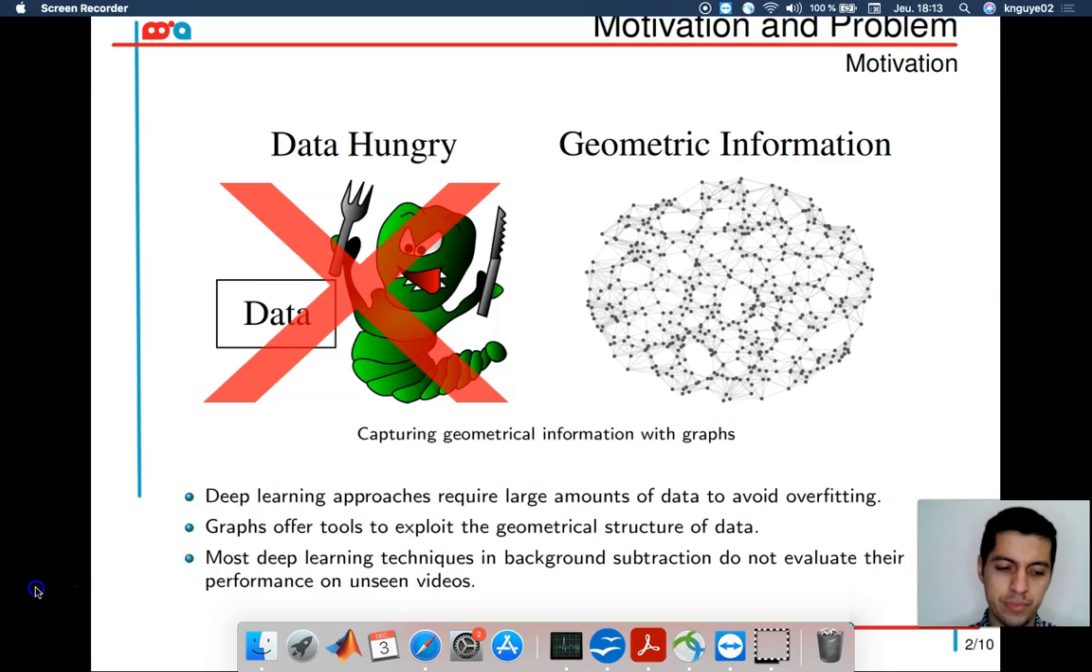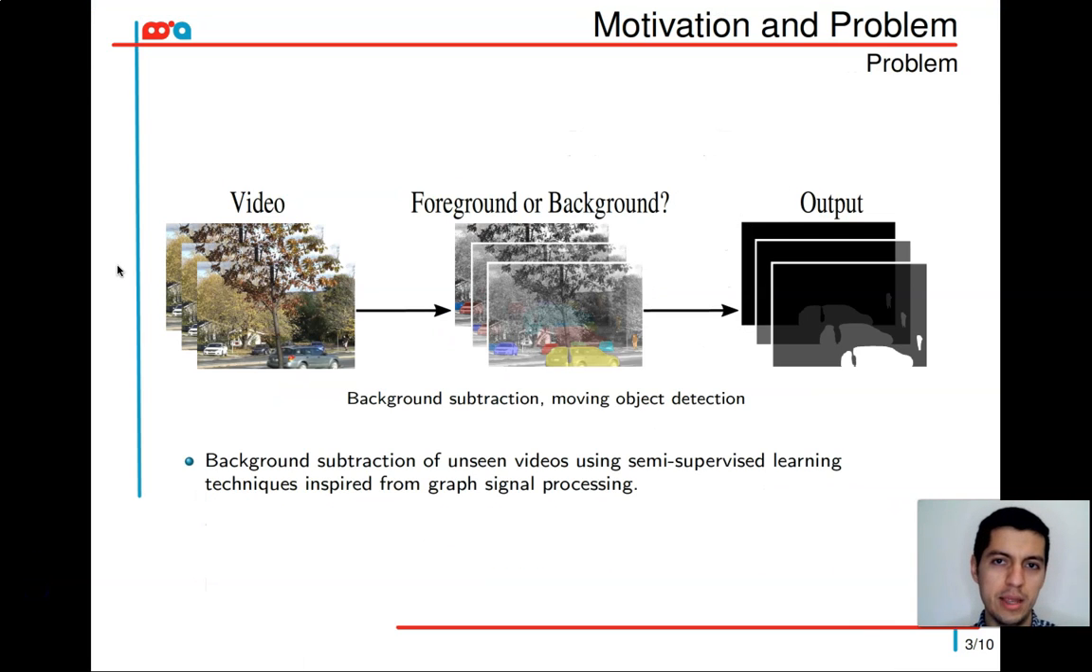subtraction. In background subtraction, the main objective is to classify which pixels in the images are moving objects and which pixels are static objects. Then, for example, here we have a video with some cars, and in each frame we have the instance segmentation of the cars. The main idea is to say which of those